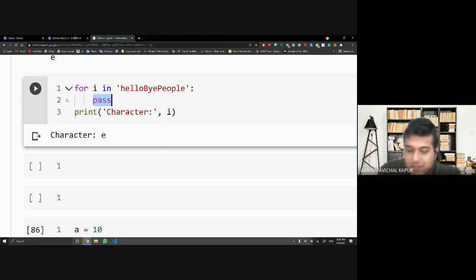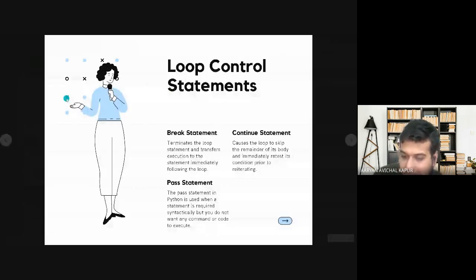Priyam, we haven't given the print command here, right? And pass actually is used so that we do not give any commands, so that it is syntactically correct, but we do not actually execute or change some code. That is why we're using pass here. That is why it doesn't print all characters. If I remove pass, if I say print I here, it will print all the characters, right? So these are the control statements for everything.